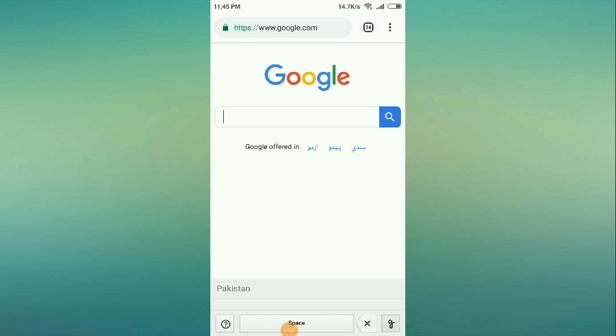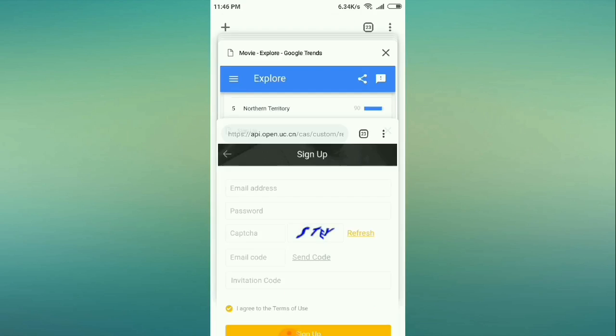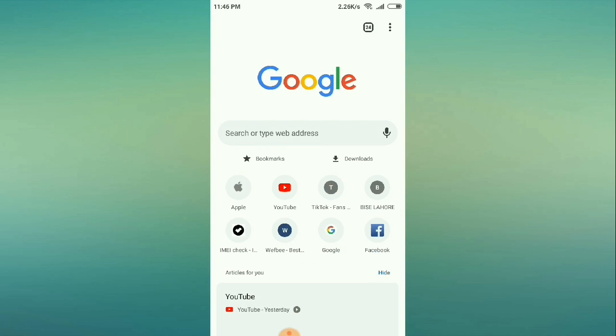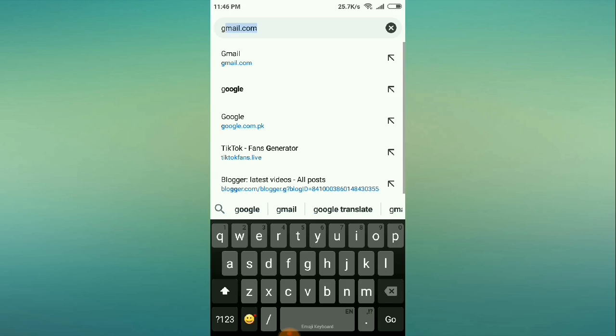Yep. So here we are on the first trick of today, that is how you can just write it up, and your search engine will detect that. As you can see, I have written what, and it has detected it by itself. So for this, you just have to go, one sec. Just let me close this tab up, and then you just have to go to your